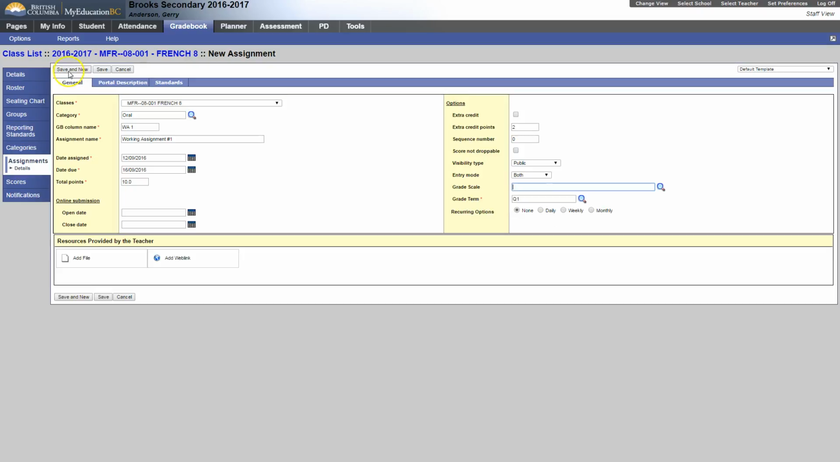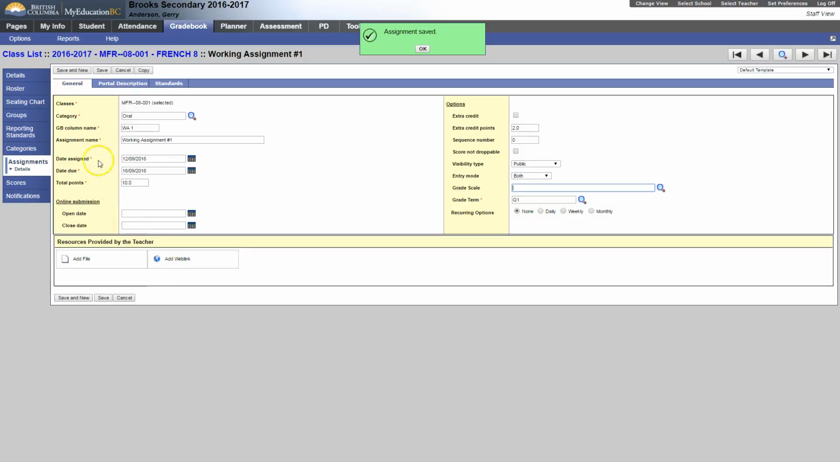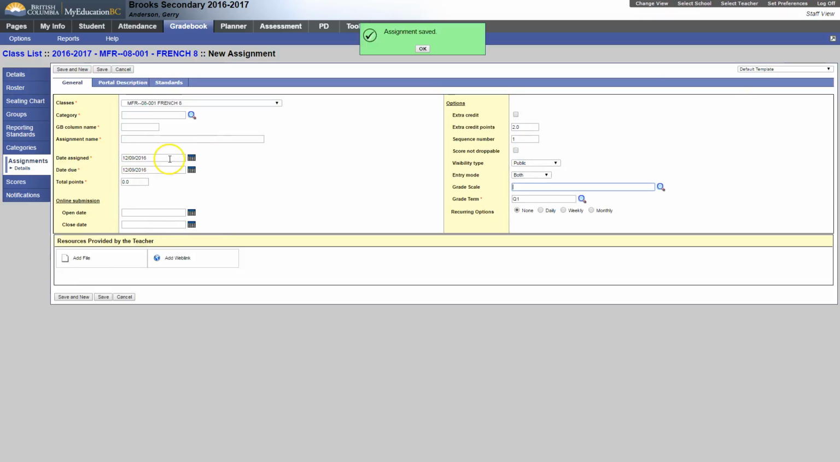So once we finish, we can then either say save, and that just leaves us on the screen, or we can hit save anew, and it will open up a blank assignment, and we can continue going from there, adding new